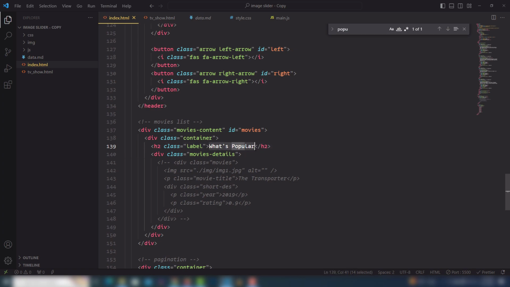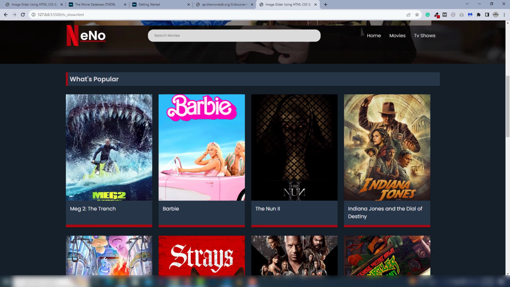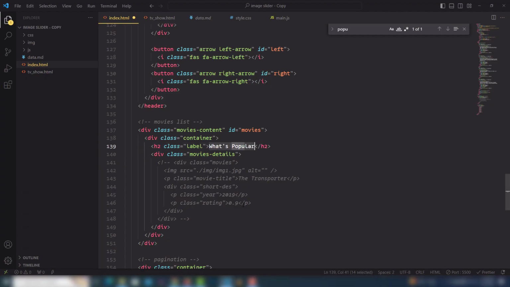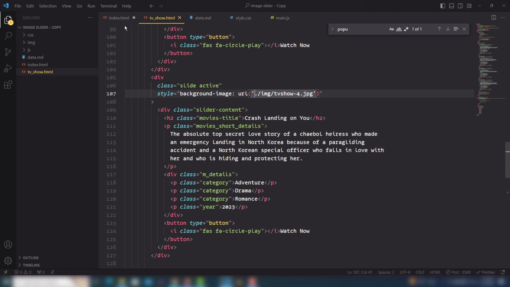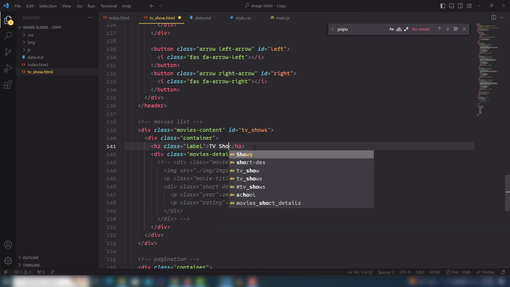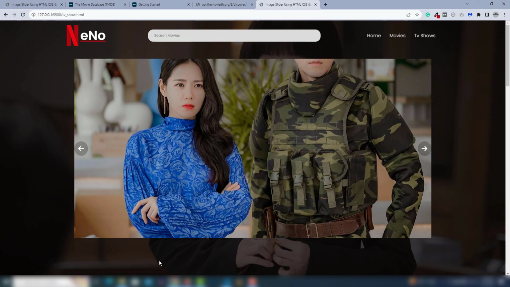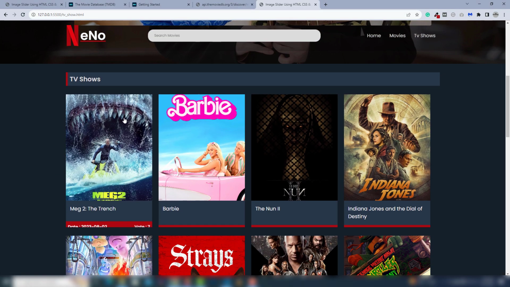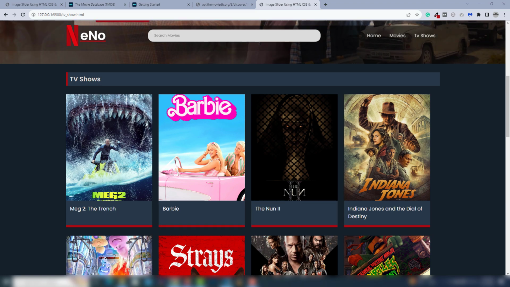TV shows. I'm going to change that, like that, right? So just a minute, I need to go to the index.html page, and inside that I need to use popular, because this is another page. So inside that I need to use TV shows, like that. And look at that, right? So we will be able to see the movies, but we need to change the movies to TV shows, right? So let's go to our